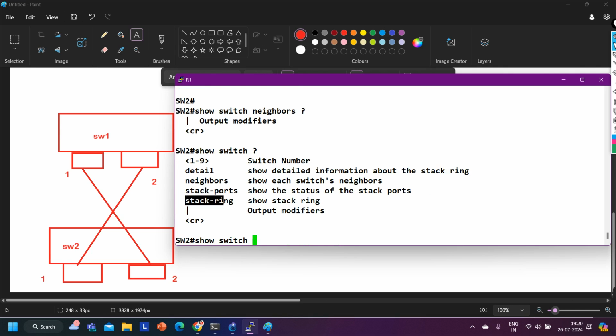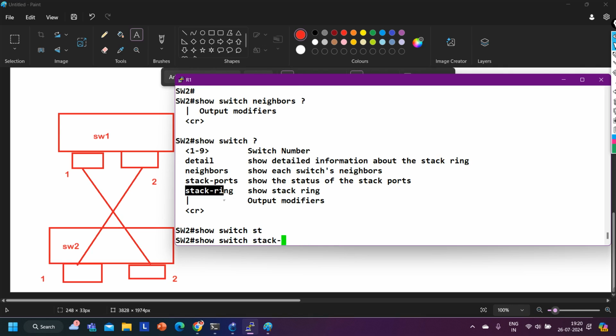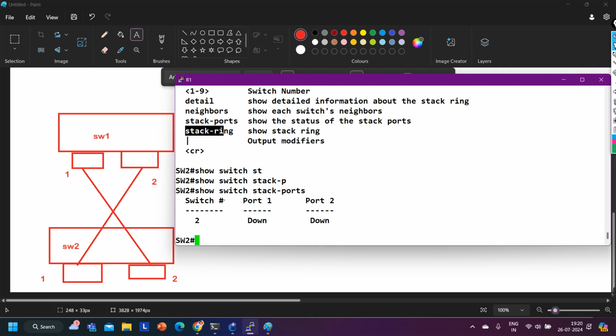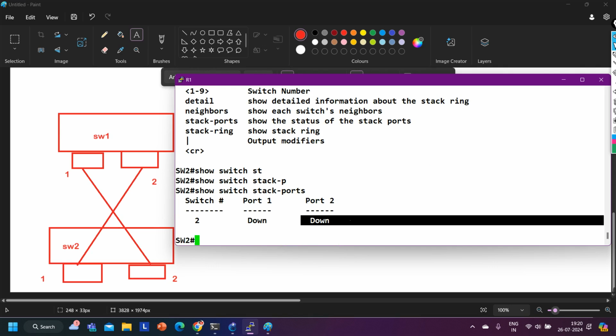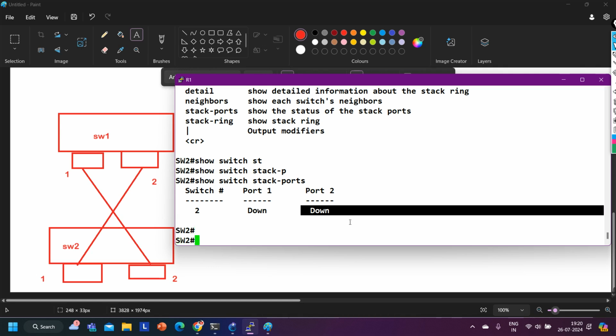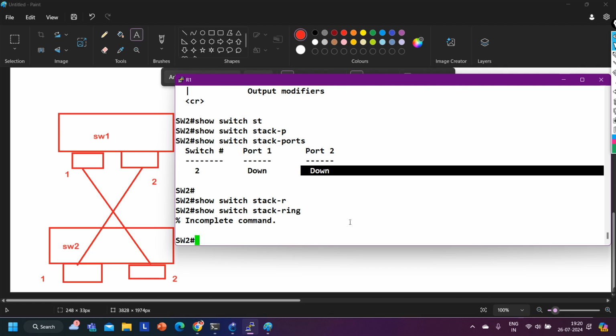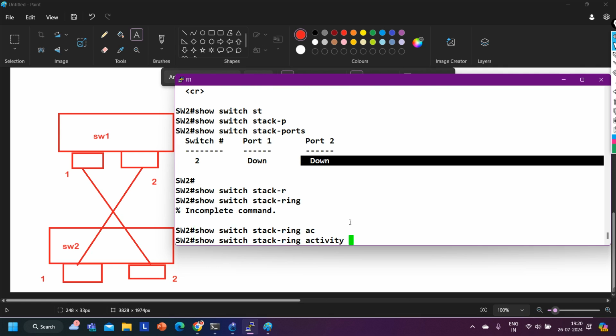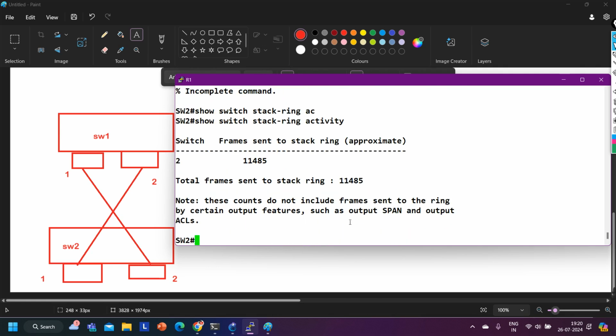And I can use the stack ports command here, stack ports. So my both stack ports are down. Then I can check stack ring